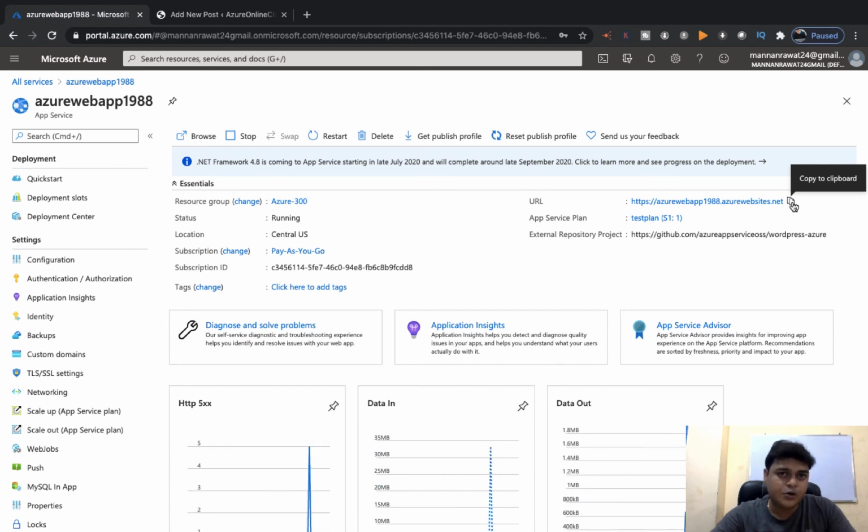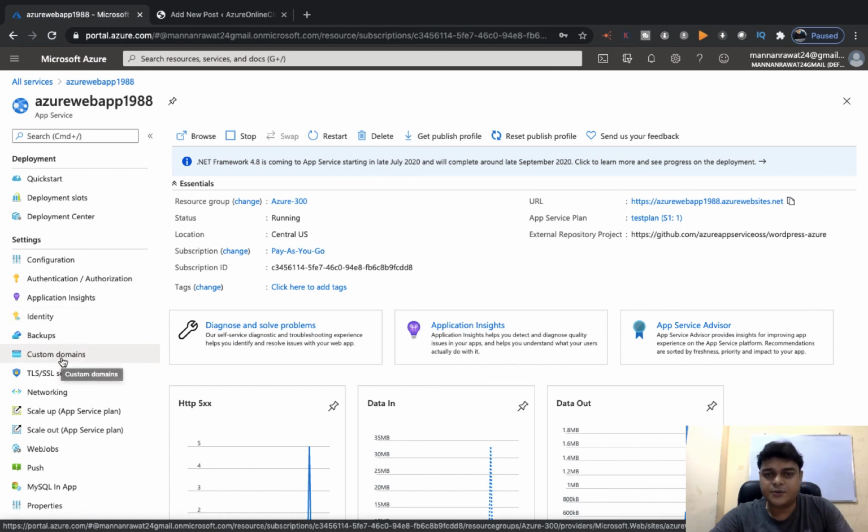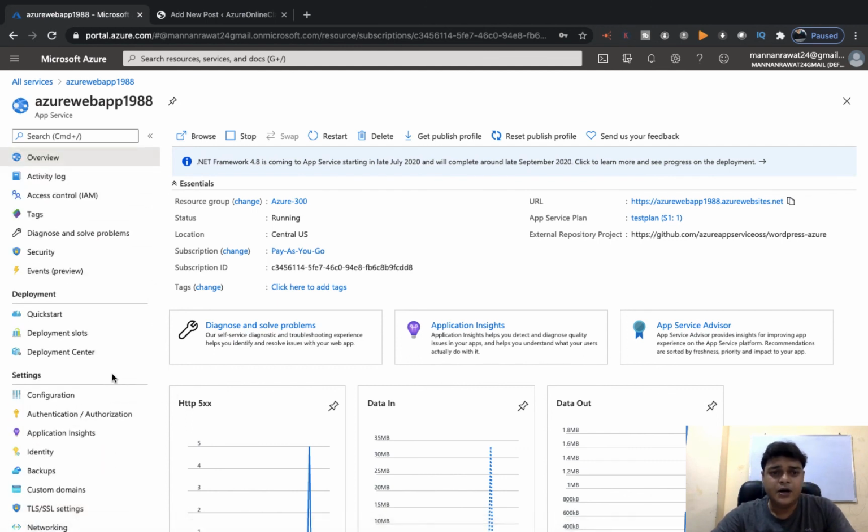If you want to use your own domain that you purchased from godaddy.com, you can associate it with your WordPress server by using the custom domain option. We will discuss later how we can manage it. We'll discuss how to configure the SSL certificate as well. But for this video, you just start your practical to set up your dashboard, and in the next video we'll describe the next topic, how you can manage and take the backup of your WordPress server.